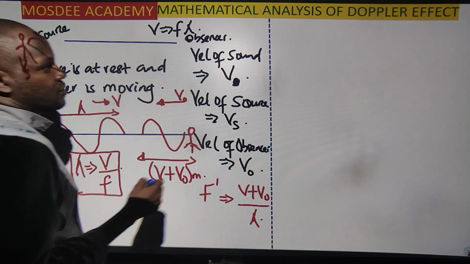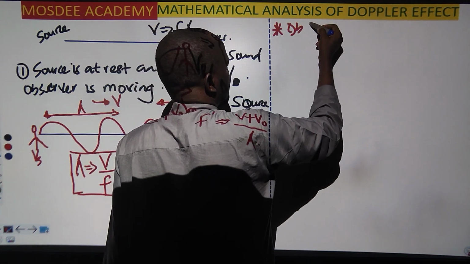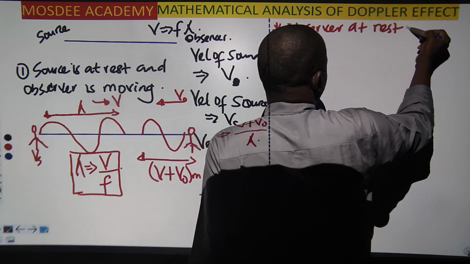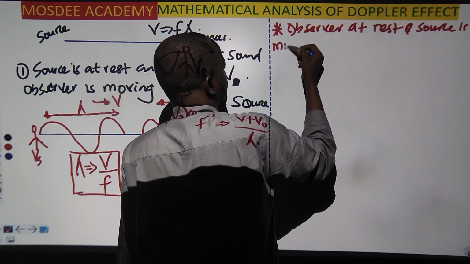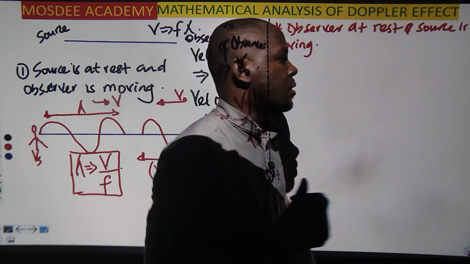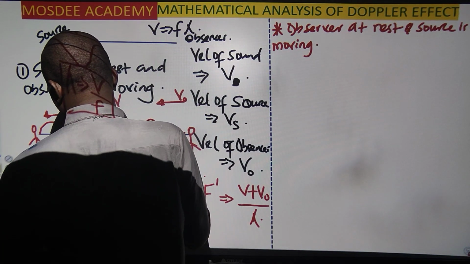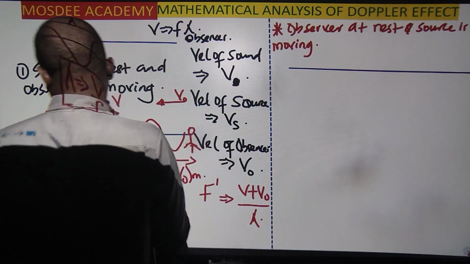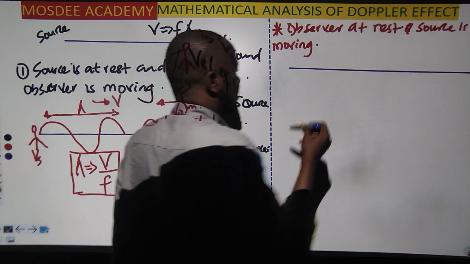So let's do the situation whereby our observer is at rest and the source is moving. So that means you are at rest, then the source is coming to you. Definitely. Now, the problem about this case is just not a problem anyway. The whole stuff about this one is just that. I'll be quick about this. Sorry, I'm too fast. So the whole stuff about this one is in this case now we need to know